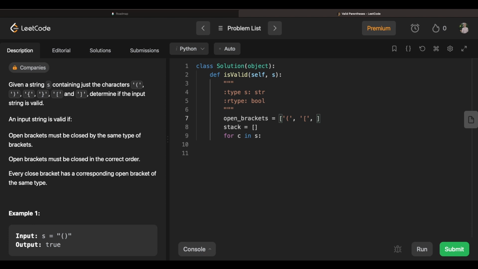This might be a complete waste of time, and if it is, I apologize, and I'll delete it. And then we could have a close brackets and set it to the opposites. This just might help with my checking and make it a little more clean. So basically, if C is in